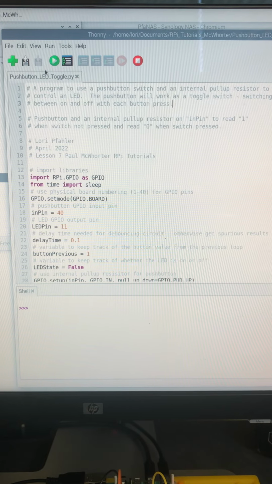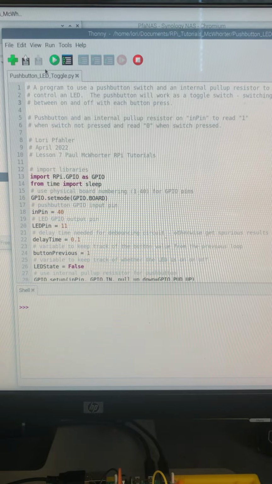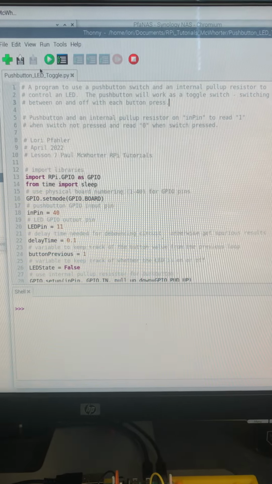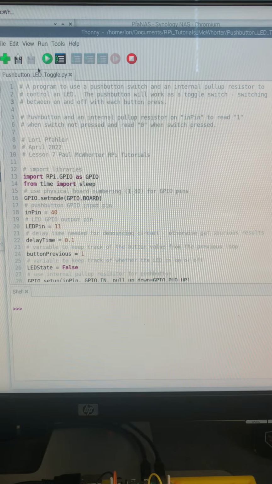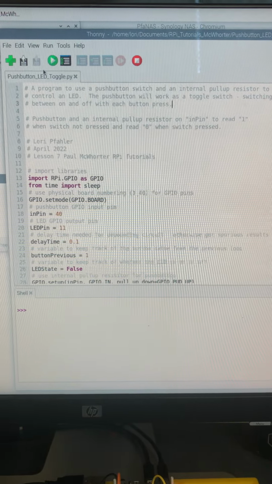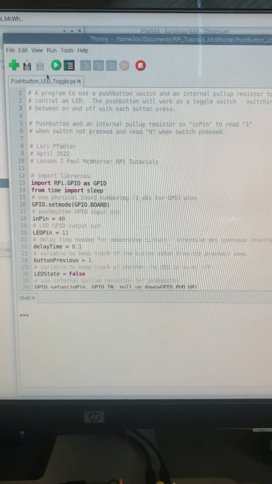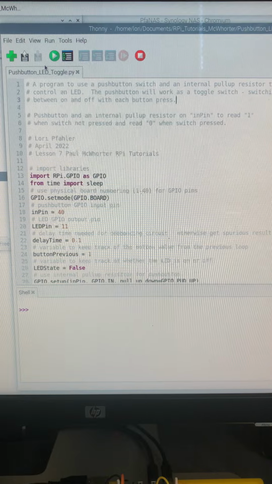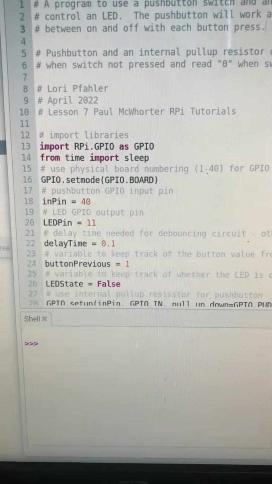Hi, this is Lori Failer, and this is my homework for Lesson 7, where we use a push-button switch, an internal pull-up resistor, to act as a toggle switch, switching between on and off for an LED each time we press the button. I put a lot of comments in my code, so you can see it's probably a little